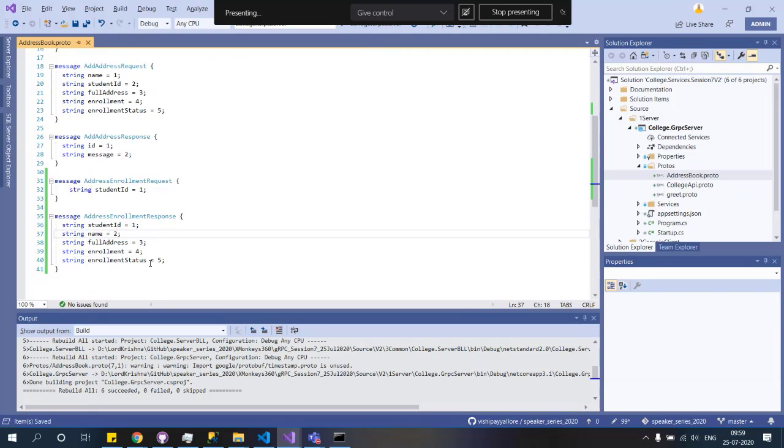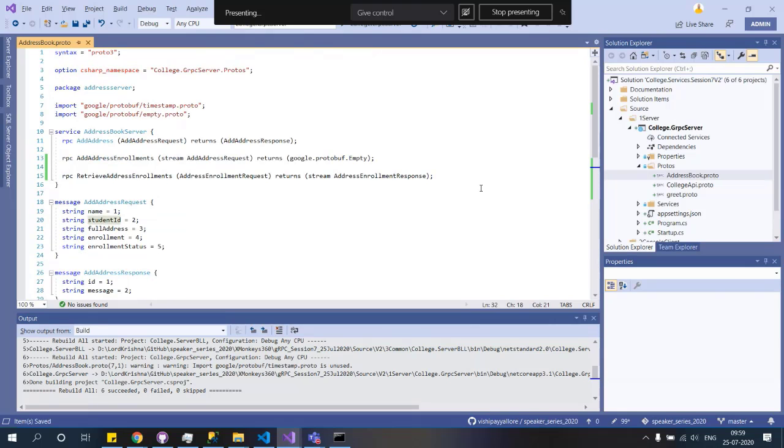Now this is building up our story. We are starting with this address enrollment request, and this is the GUID which we are receiving. We will pass that GUID to the business logic layer, and now the server should start streaming multiple messages, which the client will be able to accept. Let's start, and we'll see how much we can make it progress in the next half an hour.